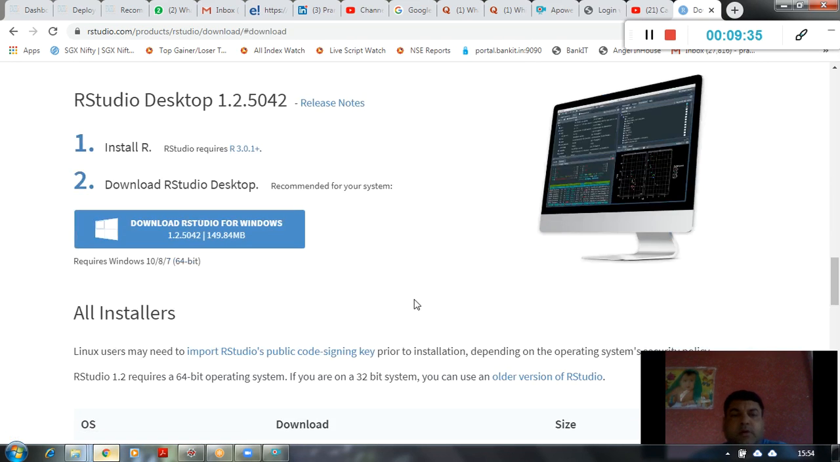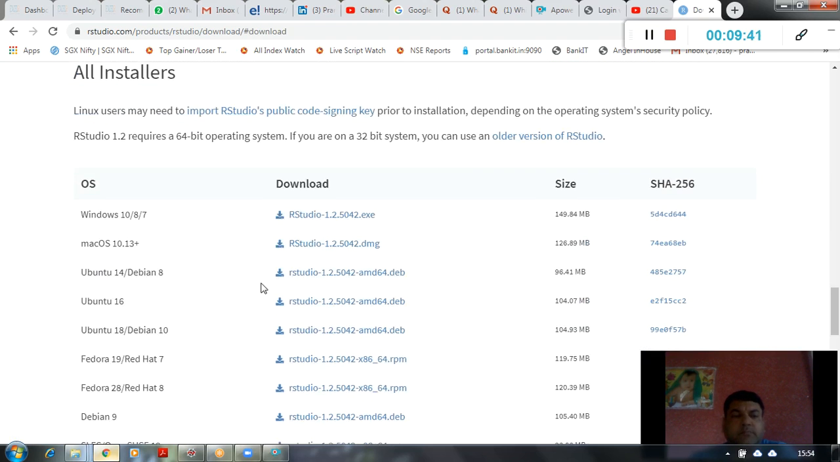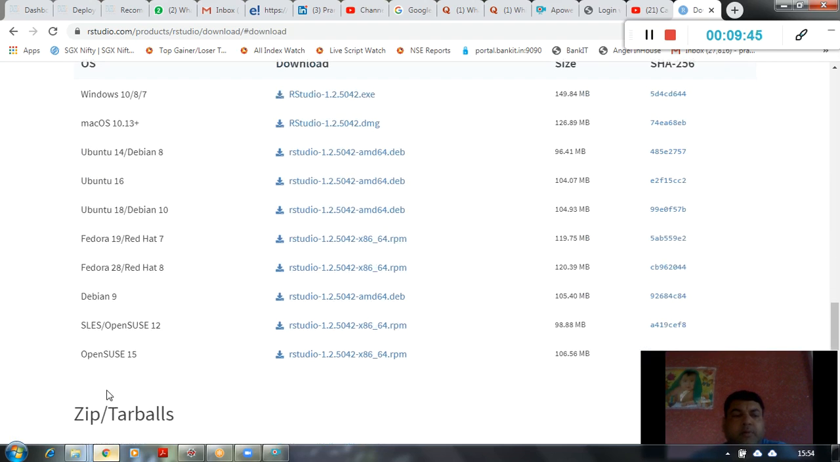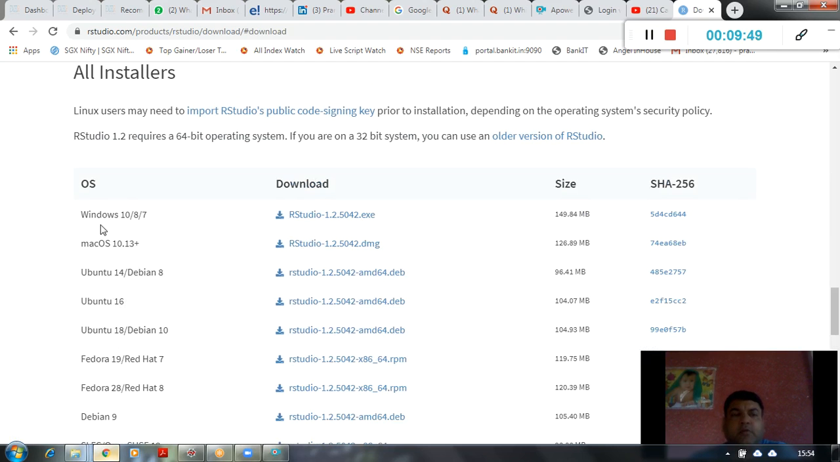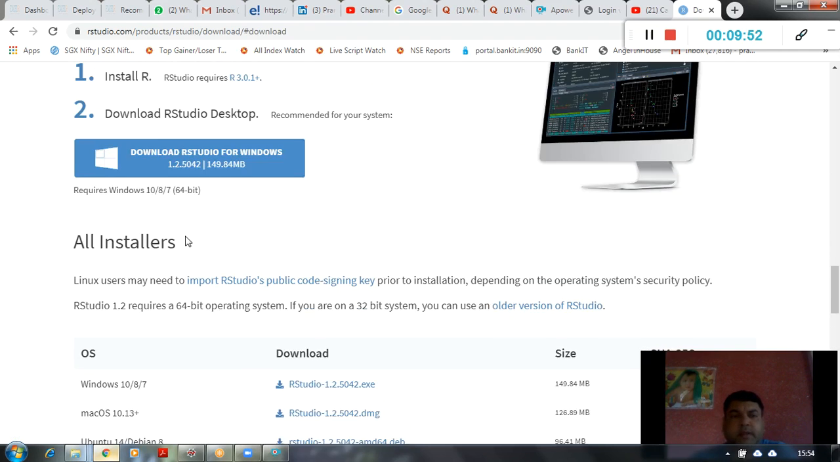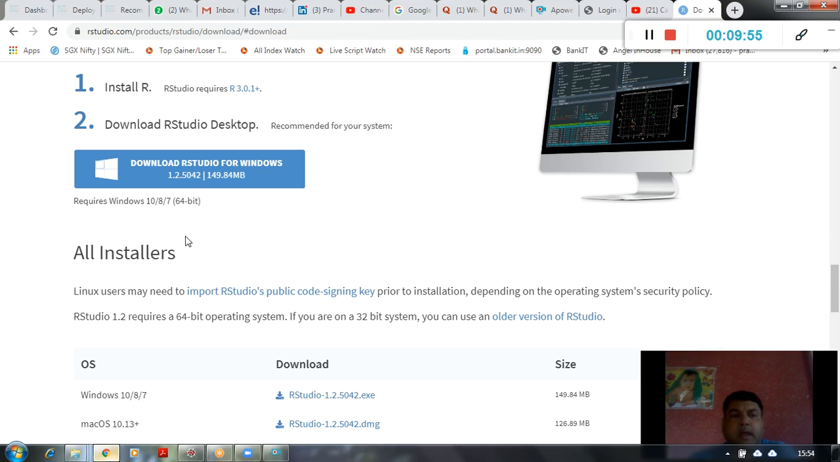So when I click on download, obviously it will ask me for further things, right? And depending upon my operating system, I will download it. So if I'm working on Windows 10, 8 or 7, I'll go for this executable file, right? And once we download that,